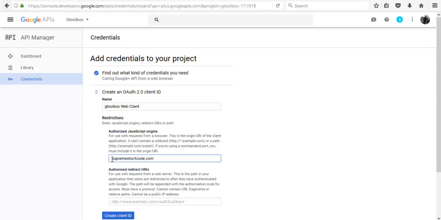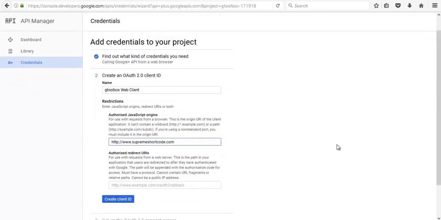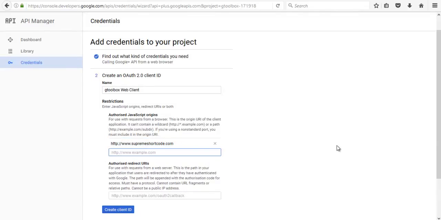All we need to add is http colon www dot, that's the parent domain name which that directory is extracted into. Then the next point is authorized redirect URL. So the authorized redirect URL is, alright, so the redirect URL becomes this. So copy this now. You have same here, http